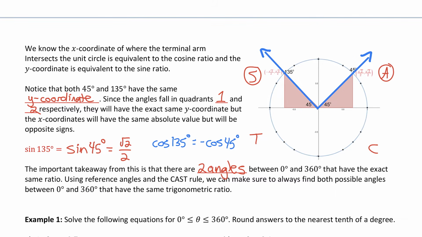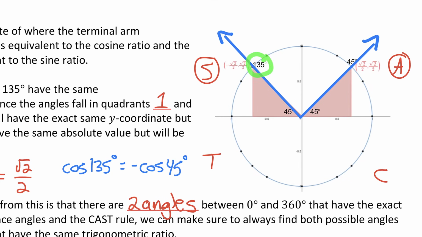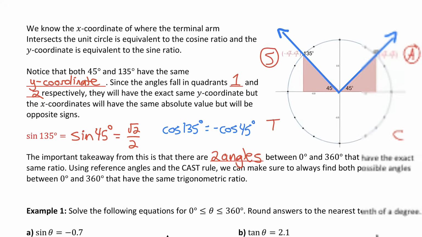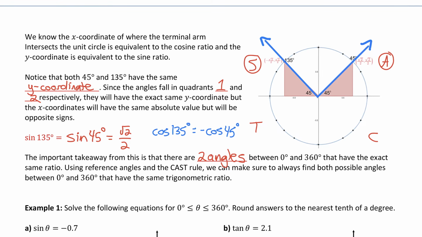And that's another thing I should mention. Notice 135 and 45. Look at the reference angle for both of those. Remember, the reference angle is the angle between the terminal arm and the closest x-axis. It's 45 for 135 degrees. And of course, for 45 degrees, the reference angle is also 45 degrees. Because these reference angles are the same, that's what makes them go the same distance above the x-axis on either side, making them have the same y-coordinate, which makes them have the exact same sine ratio. So hopefully you get all of that connection, and let's use all of that understanding to solve a couple trig